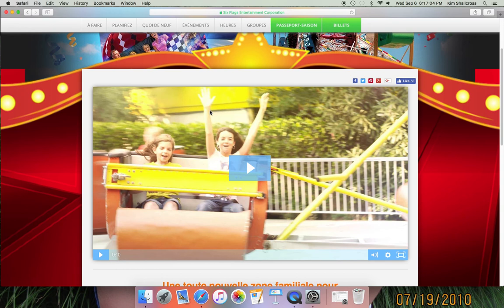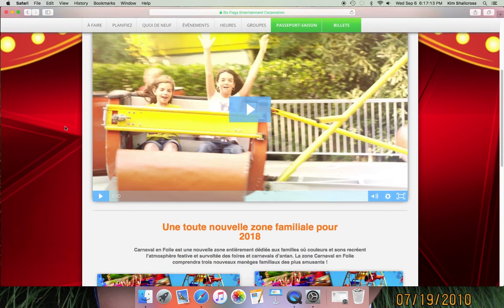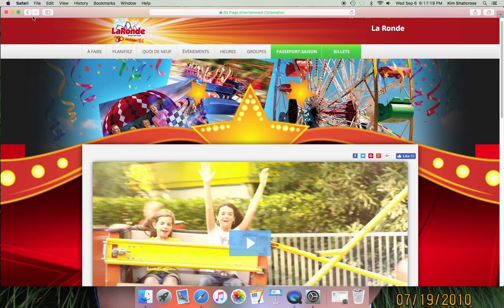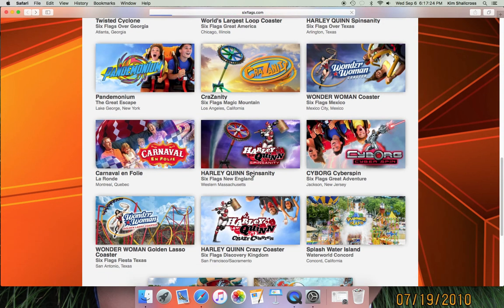This thing, I don't know, this is extremely disappointing for Ronde, considering how much development they were putting into some of their other attractions, especially Cobra closing it and most likely scrapping it. Yeah, this is just disappointing. So, yeah, we're going to back away from this cesspool of disappointment and move right on to Harley Quinn Spinsanity,